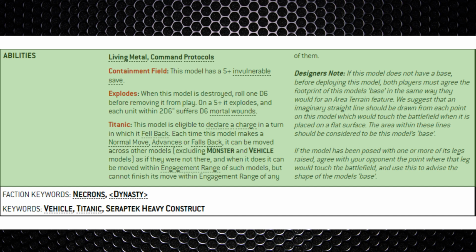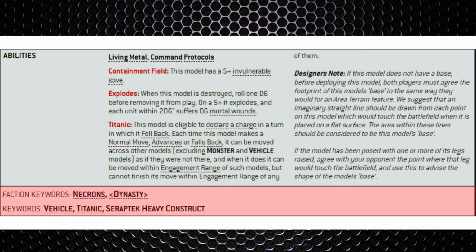It's Titanic, which gives it the eligibility to declare a charge even though it fell back. It can also move across other models, excluding monsters and vehicles, as if they were not there, so it's quite similar to Fly, except you can't go over monsters and vehicles, but obviously you can't end up in engagement range of other enemy units. Then finally, going over those faction keywords, it has the Dynasty keyword,